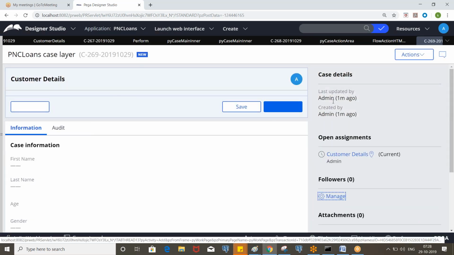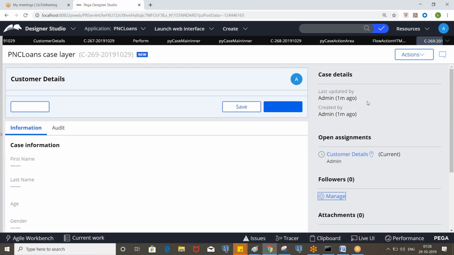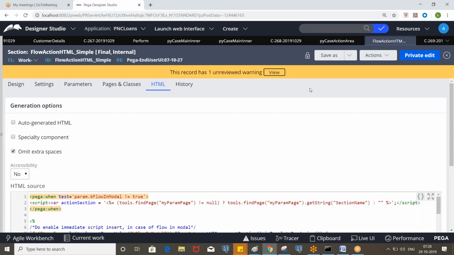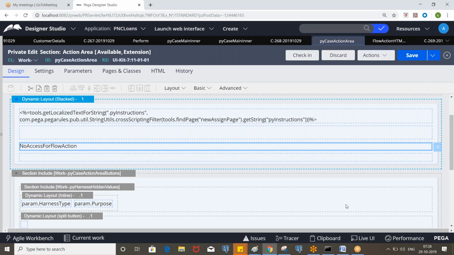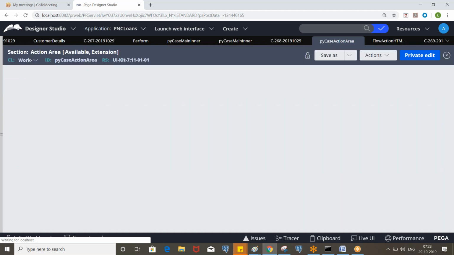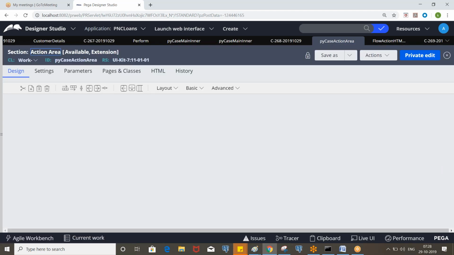We are able to see everything that is in the perform harness except our section, right? Because we do not have flow action HTML simple, that is the reason our section is not loading. Okay. So even if we remove the py case action area, you will not see it, because only inside that do we have flow action HTML simple. Okay. So you need to remember that.